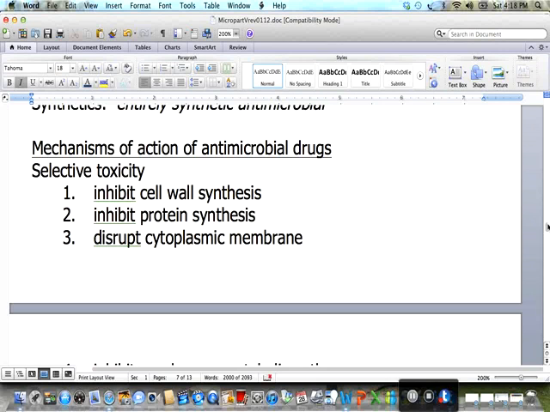The goal of most antimicrobial drugs is to use selective toxicity towards the microorganism but not the person. There are several mechanisms of action used by antimicrobial drugs. One way is to inhibit cell wall synthesis. This avoids human cells because they do not have cell walls. The drugs may also inhibit protein synthesis. In some cases, this can be proteins in microbes that do not exist in humans to reduce toxicity. The cytoplasmic membrane may be disrupted, destroying the osmotic balance of the cell.